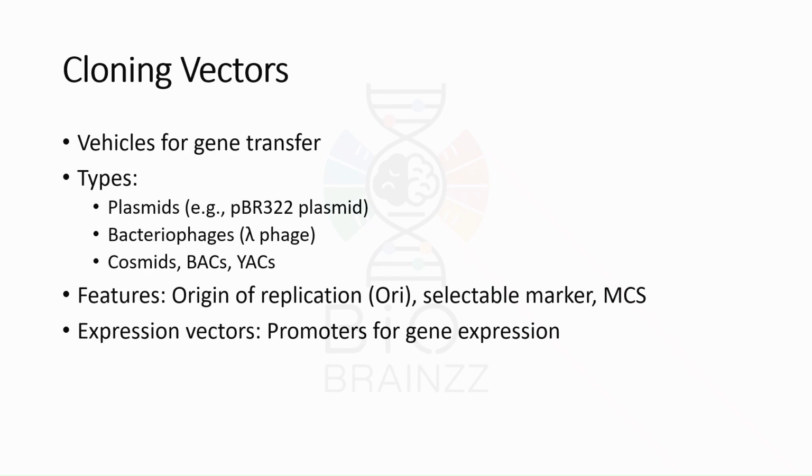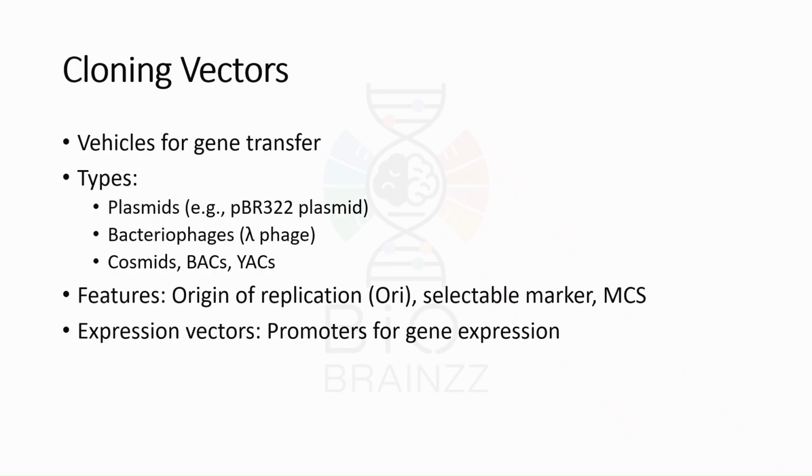Essential features of vectors include an origin of replication (ORI), selectable markers, and multiple cloning sites (MCS). Expression vectors also contain promoters to drive gene expression. The choice of vector is crucial for successful cloning and depends on factors such as insert size, host compatibility, and